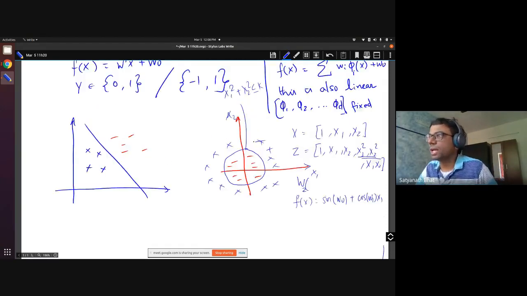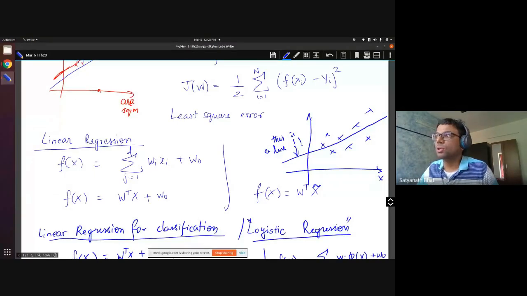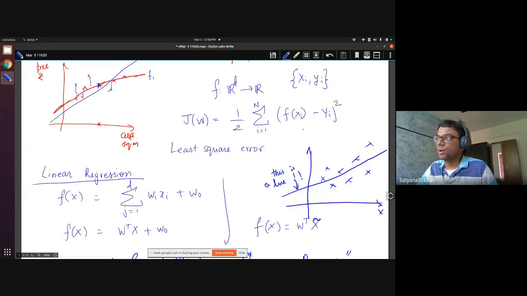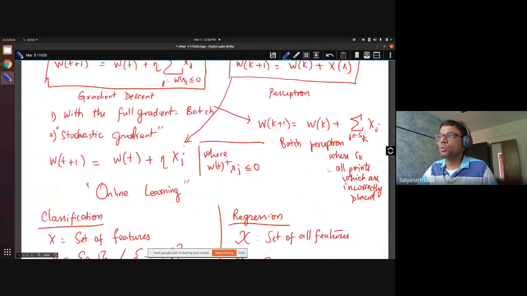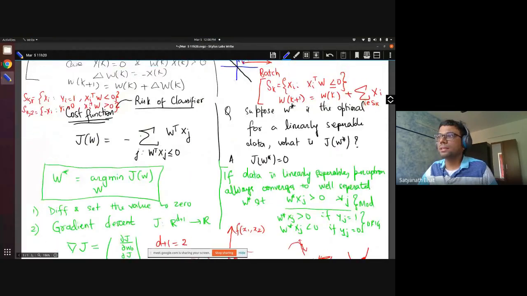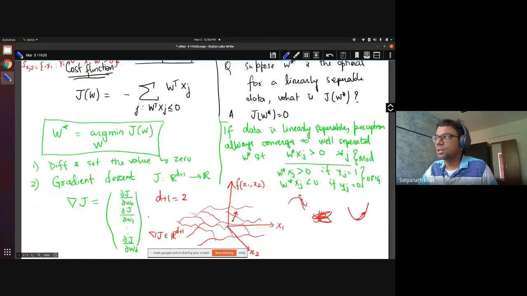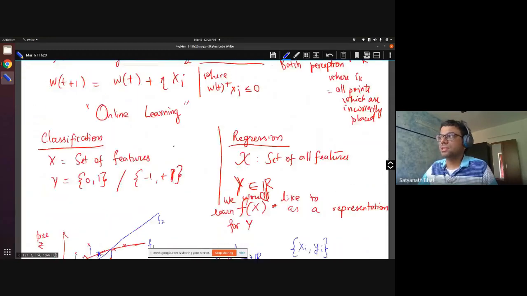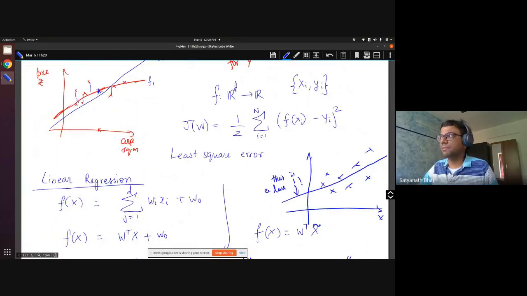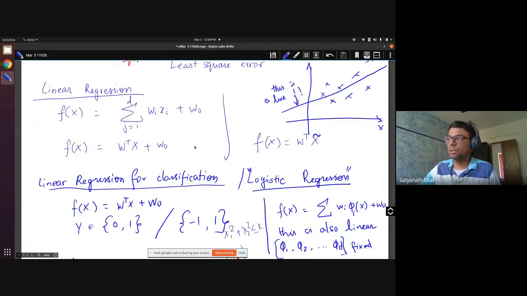Now, what is it that we would like to do? We want to learn regression, which is like what line best learns for regression or for classification. I want to find a single line which best approximates my y, and I have a J of w. Rohit had told that whenever you want to solve a problem, you can either differentiate and set to 0, or you can take the gradient. So first we will take the derivative and set it to 0, and in the second discussion we will do the gradient method. Both methods we will do.